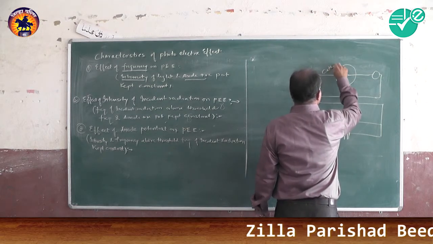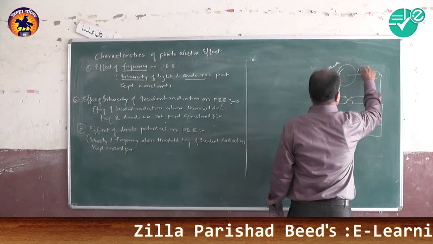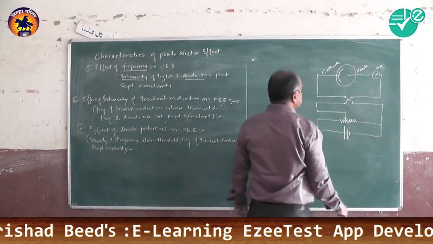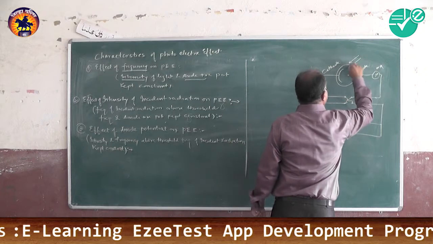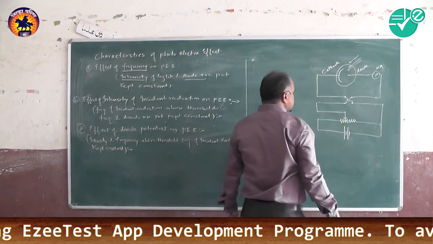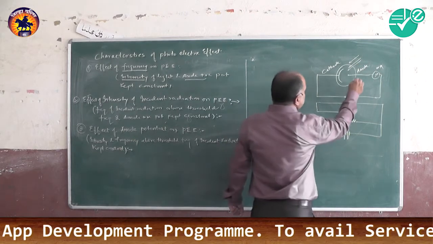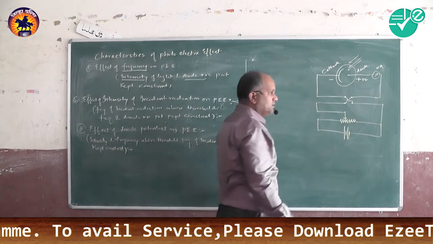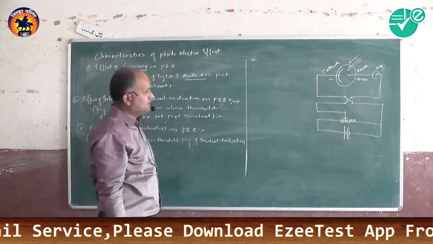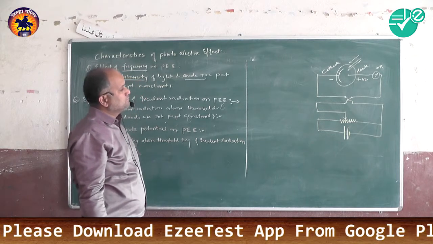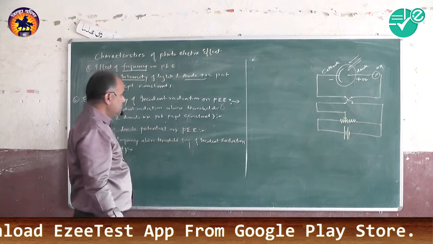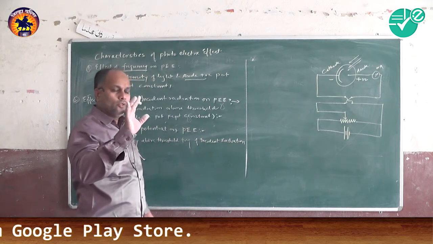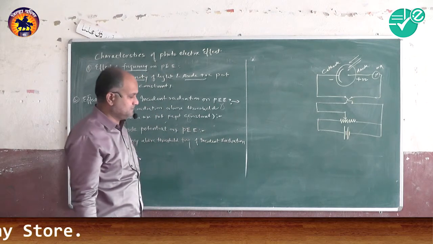Cathode, anode, milliampere meter which gives us the current there. This is the incident radiation which is falling there. Now initially the anode is given a positive potential and the cathode is given a negative potential. Now to study this, I am just telling you how the phenomenon of attraction takes place.